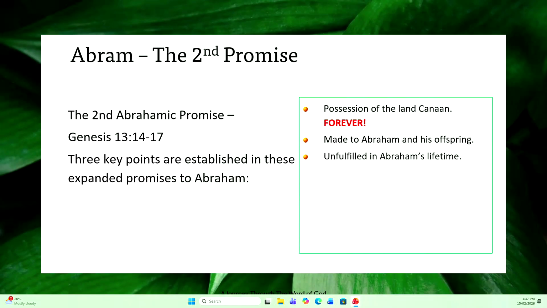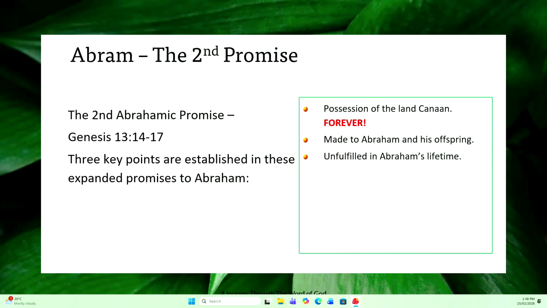If you do have a Bible in your hands, let's get used to turning its pages. Let's get into Genesis chapter 13, because this is a pretty powerful one. This is the second promise that was given to Abram after he separated from his nephew Lot. Lot chose the plains of Sodom because it was very prosperous. It had lots of water and farmlands, and it was rich. And Abram gave him the first option about where Lot wanted to go. And because Abram did that, this is the promise that God makes to him.